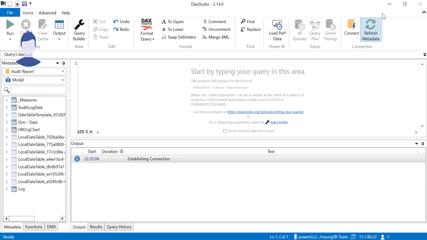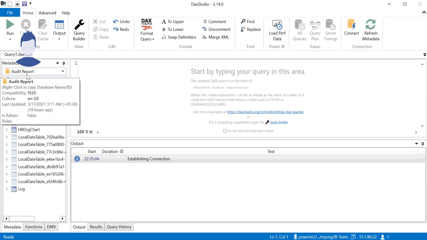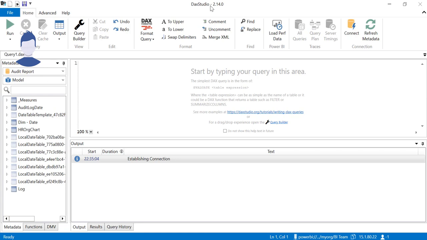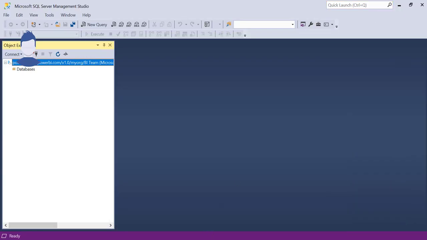Which means he has a viewer role, but still he can access the dataset if he has build permission through DAX Studio. Somehow Management Studio is not working. If he is interested in writing a DAX query against this dataset, he can do that with DAX Studio. And what else can he do?